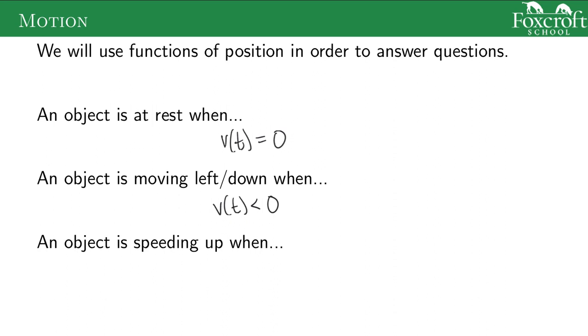When is the object speeding up? The object is speeding up if I'm going in a direction and my acceleration is pulling me even faster in that direction, or I can be moving to the left and my acceleration is pulling me even faster to the left. So the easy way to say this: the object is speeding up if v of t and a of t